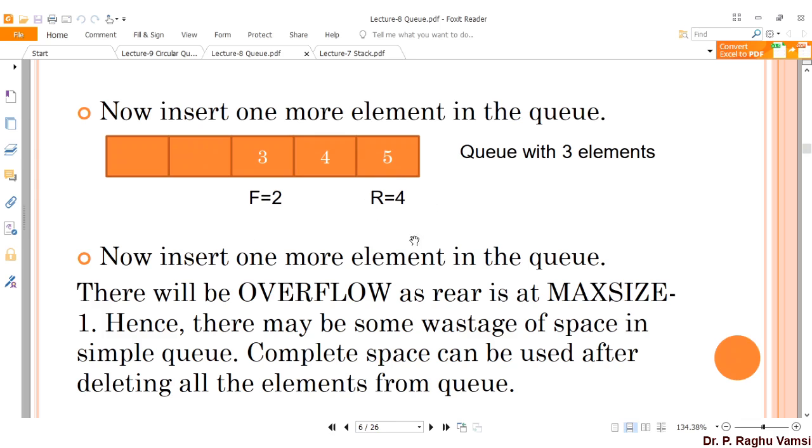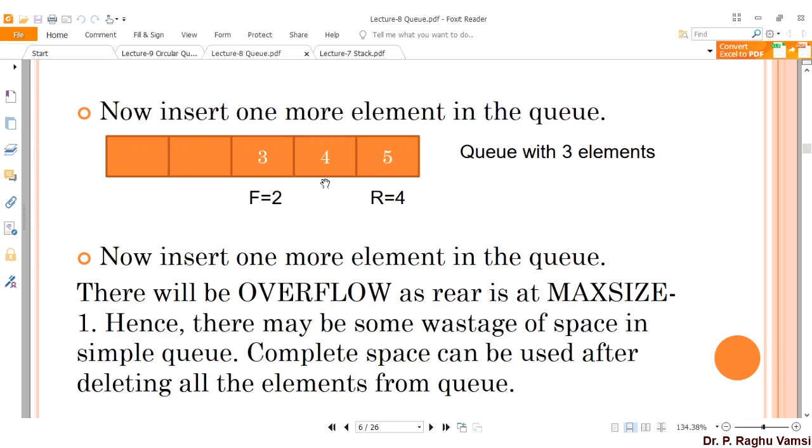There are two free slots in the queue, but because of the constraint that whenever the rear reaches the maximum size of the queue we cannot insert more elements, this is the conventional idea in static queue operation. Even though two slots are free, we are unable to insert the element. That is the reason we now see the variant of this queue called the circular queue.